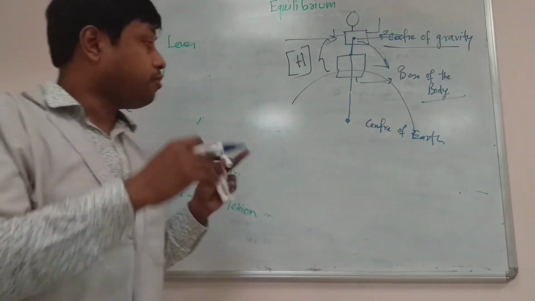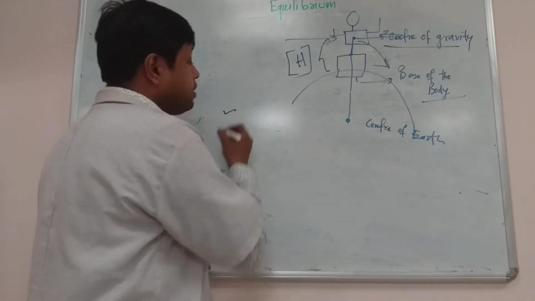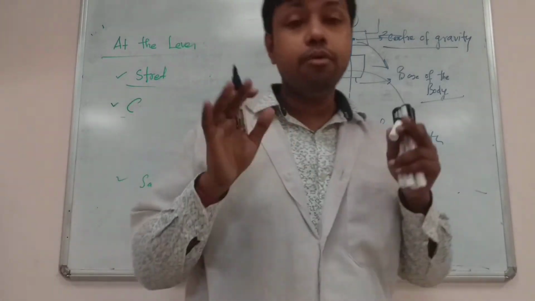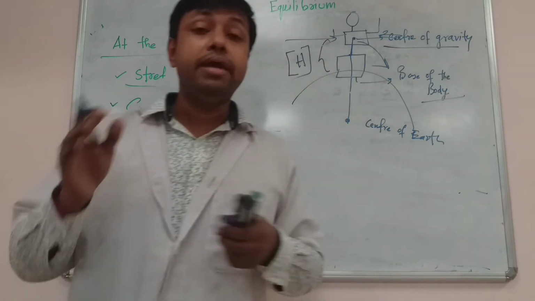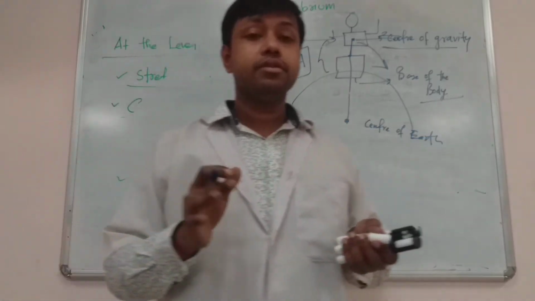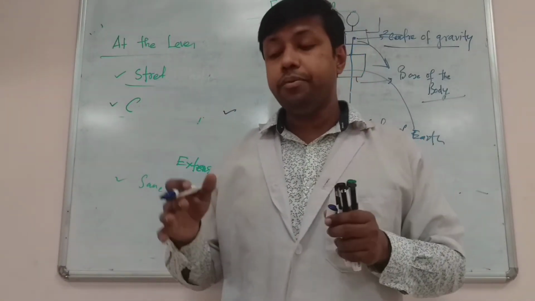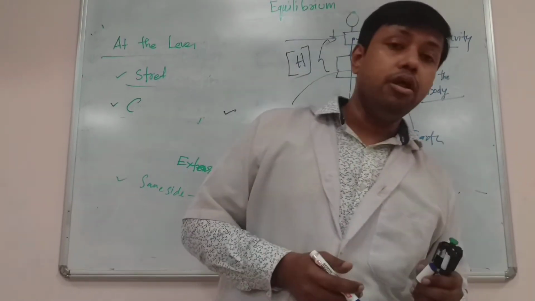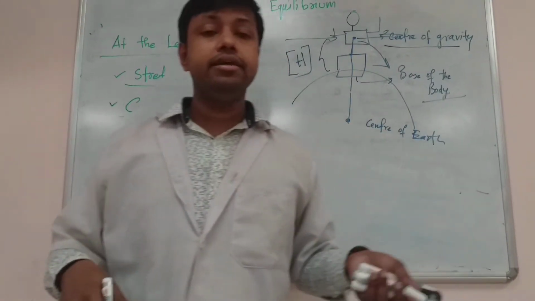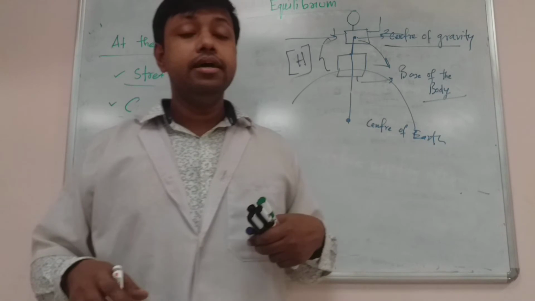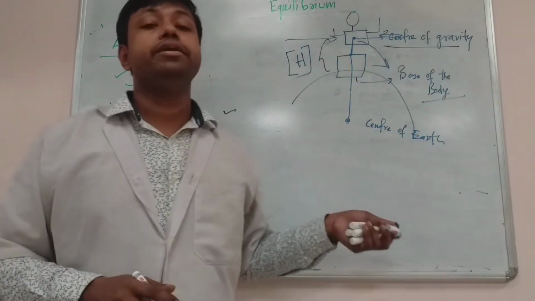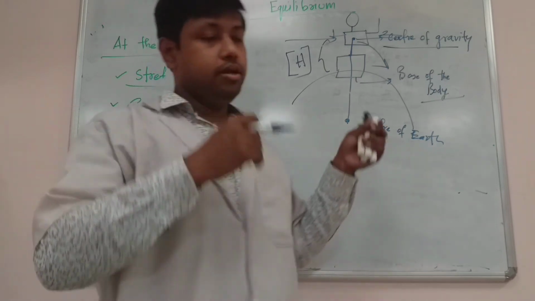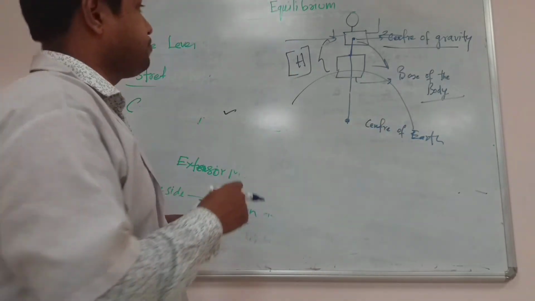Okay, so for them, there should be contraction of a group of muscles. A group of muscles of the lower limbs and upper limbs will play a very important role in maintaining the equilibrium. Can you understand? Suppose when a person tries to fall, a group of muscles of the legs or hind limbs or forelimbs will contract, and ultimately it will prevent the fall from the equilibrium point or equilibrium position. Okay, so these are very important.